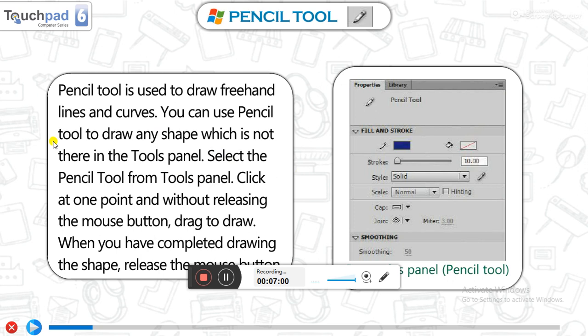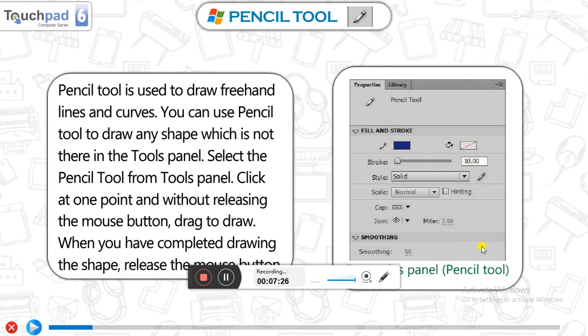To apply the pencil tool, select it from the tool panel. Then click at one point and, without releasing the mouse button, drag. Your line will be drawn wherever you move your mouse pointer.